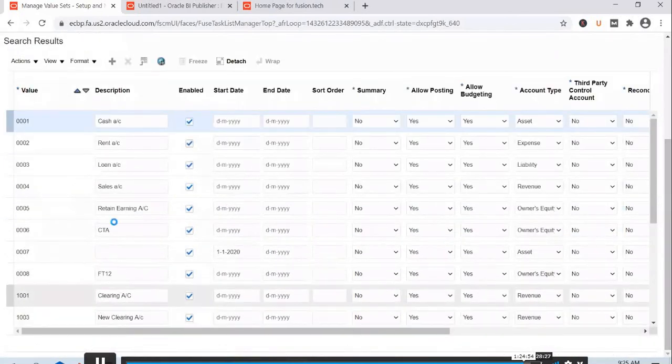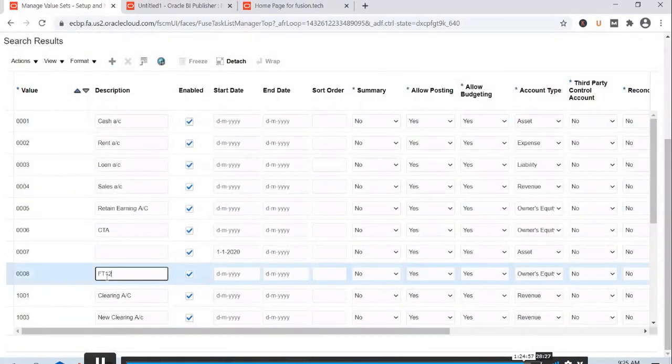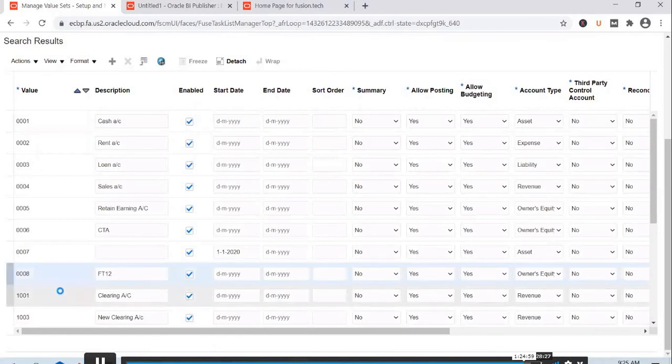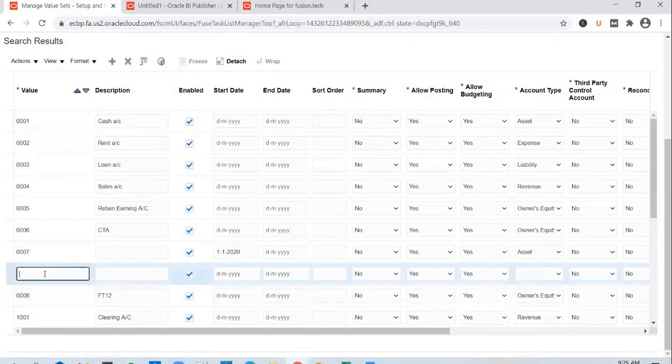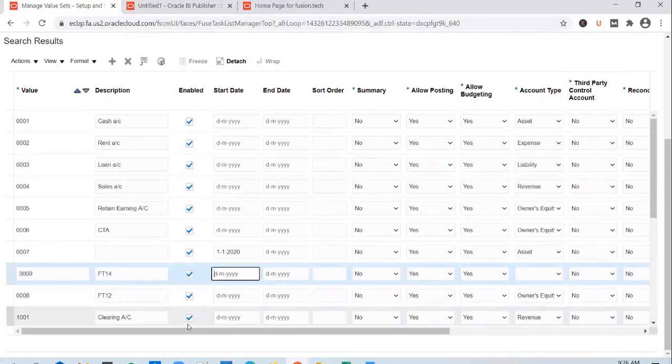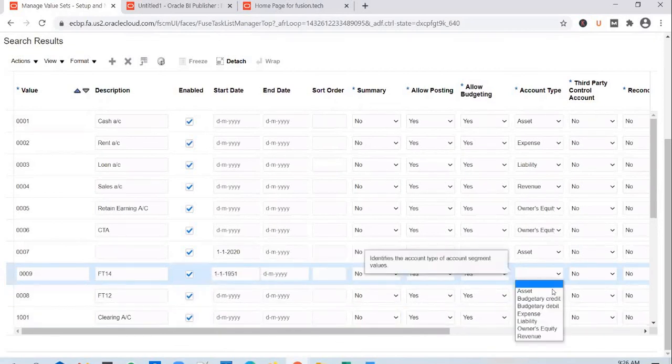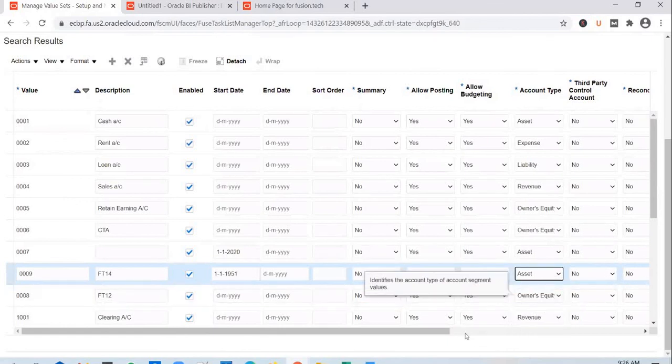So you will notice that there is no 0009. So you go ahead and add a new account segment. You can enter a start date or leave it blank. It's okay. And go with the default options. Select any particular account type.